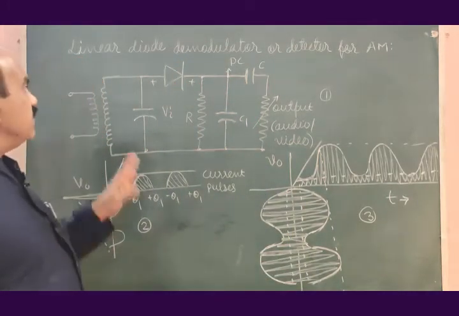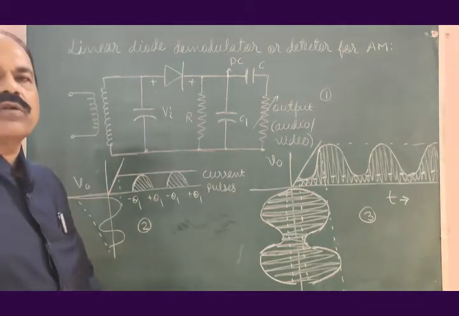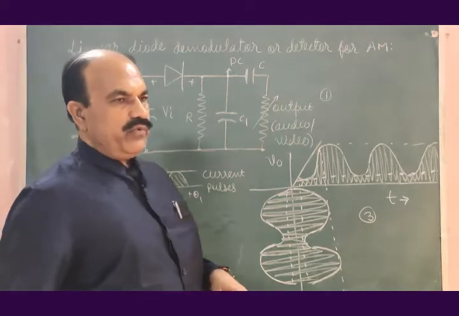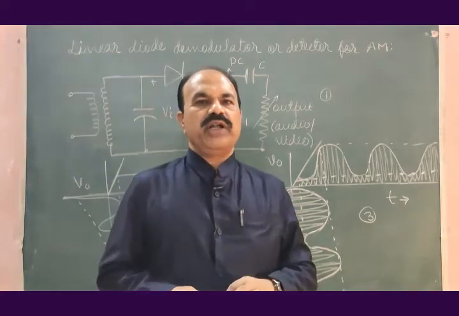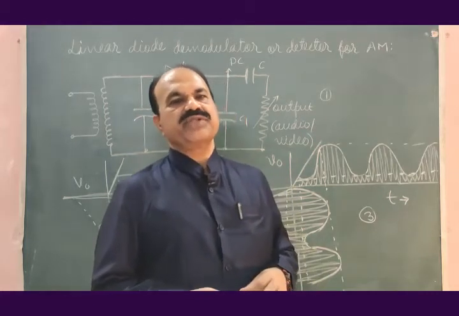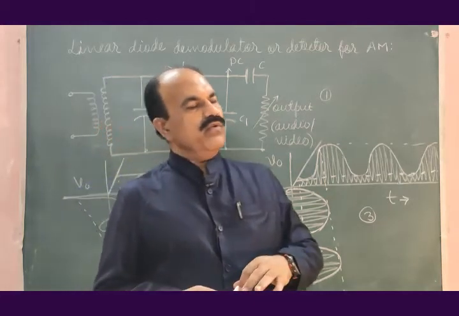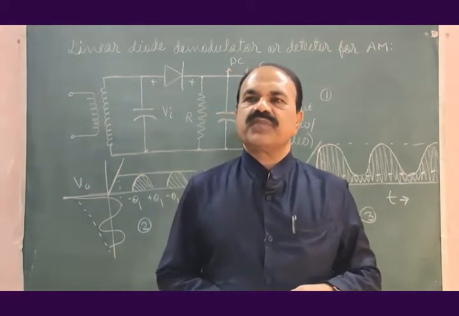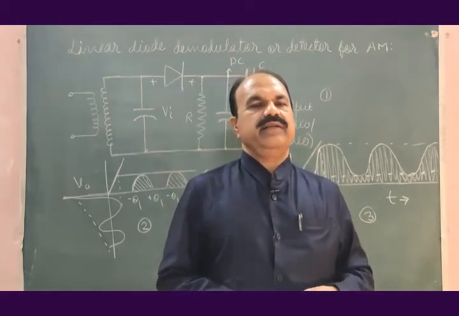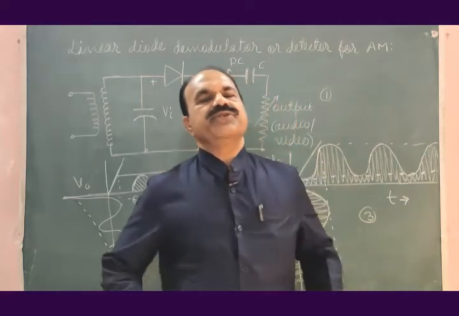Last article, linear diode demodulator or detector for amplitude modulation. We know that amplitude modulated wave has three frequency terms: original carrier voltage term, lower sideband term, upper sideband term. Out of these three terms,